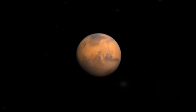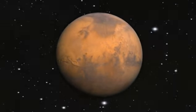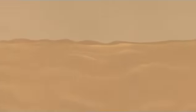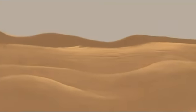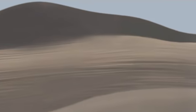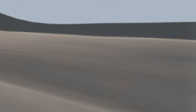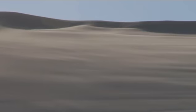If human beings ever inhabit another world in our solar system, this is the most likely candidate: the red planet, Mars. To a visitor from Earth, a tour of Mars might be very reminiscent of places back home. Places like Southern California's Mojave Desert,